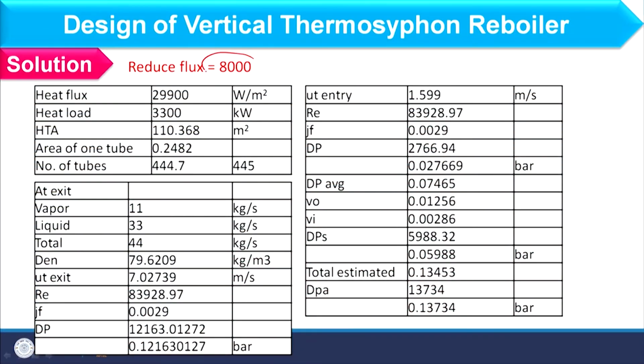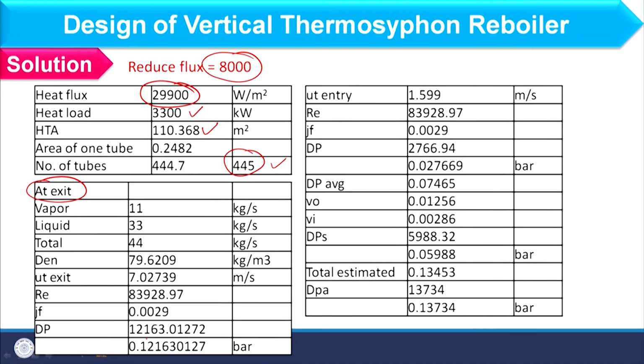So, what we have to do? We have to reduce the flux. Okay. So, now I am reducing the flux by 8000 value, and next flux you can consider as 29900. Okay. Total heat load will remain same, heat transfer area will change, and so the number of tubes, right. So, now we are using 445 tubes, and we will find out pressure drop due to friction and static head